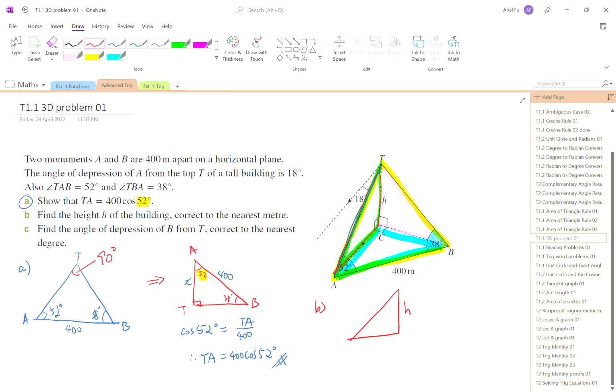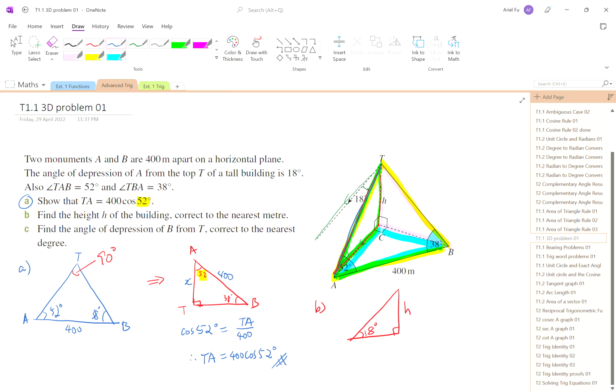This is height, it's a right angle over here, that's given to you. Now, I do know this is 18 degrees. Why is it 18 degrees? Well, because this line here and this line, they're parallel lines. So if this angle is 18, this angle has to be 18. So there we go. I know that theta over there is 18 degrees, and what I'm looking for is x,